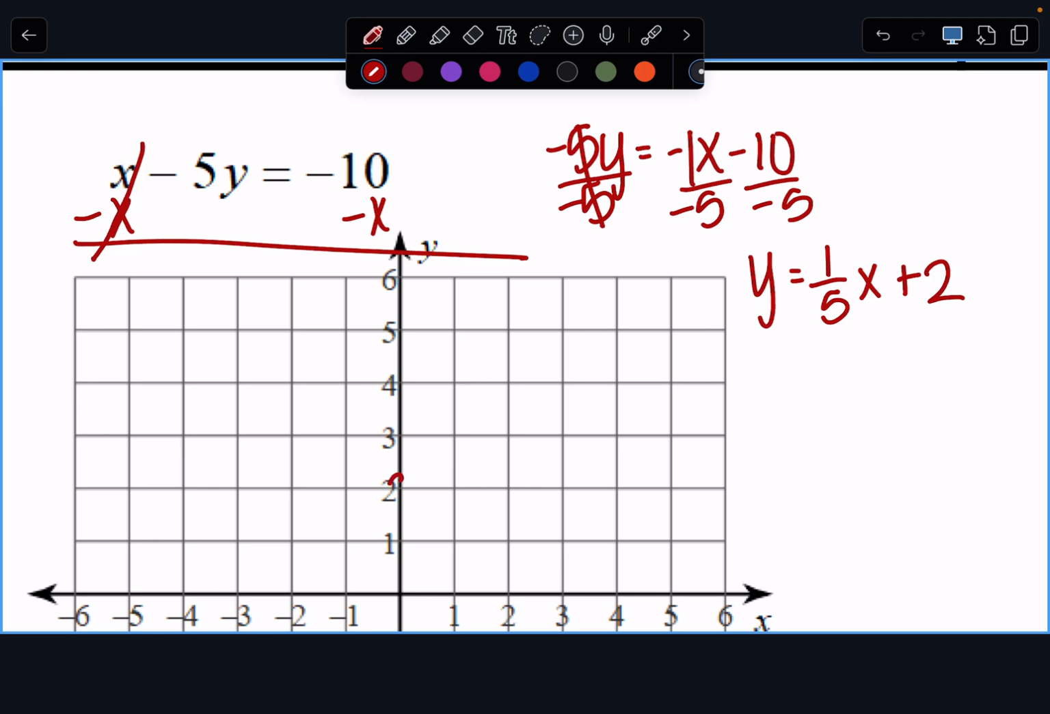So this time, I'm going to start up 2 on the y-axis because that's the number at the end. My slope is 1 over 5, so I'm going to rise 1, run forwards 5 right here. And again, that's probably enough to graph this line because it's going to be multiple choice, so we don't need to go too crazy with the graphing. All right, so I know that was very fast, but